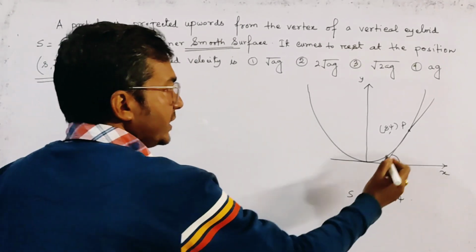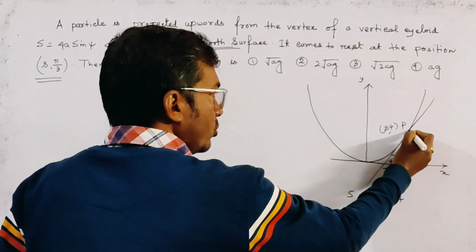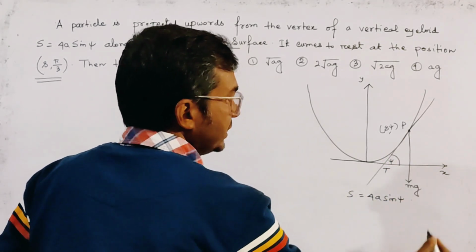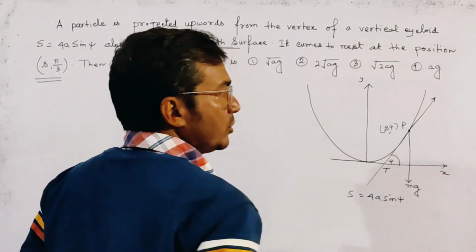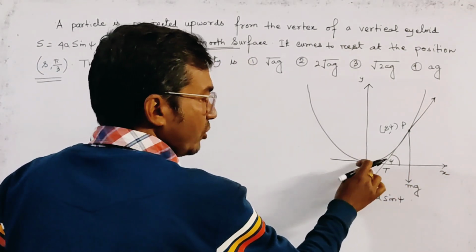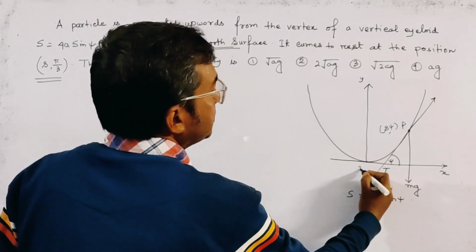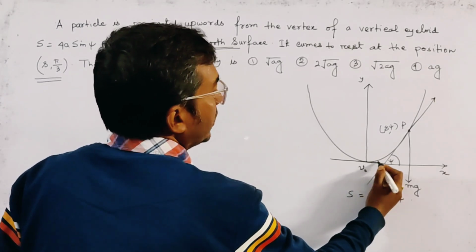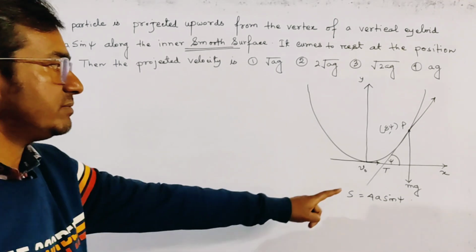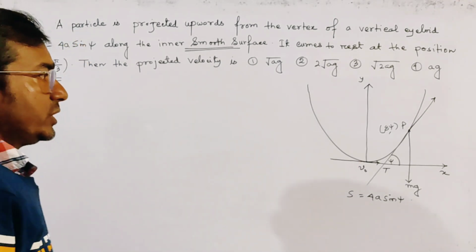Now at that point the force acting is the weight, this is mg, and this is the positive direction of the tangent. We project the particle from here with initial velocity, say v0, in the direction of the x-axis, since it is the initial velocity. Now if we